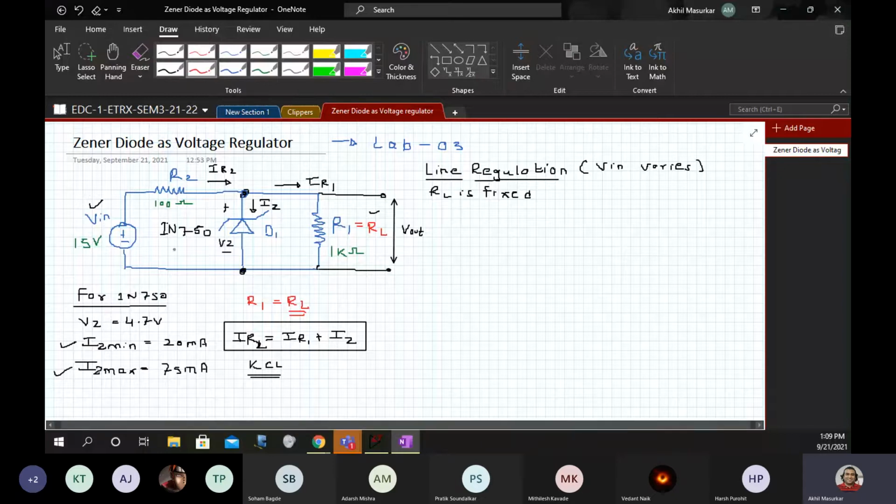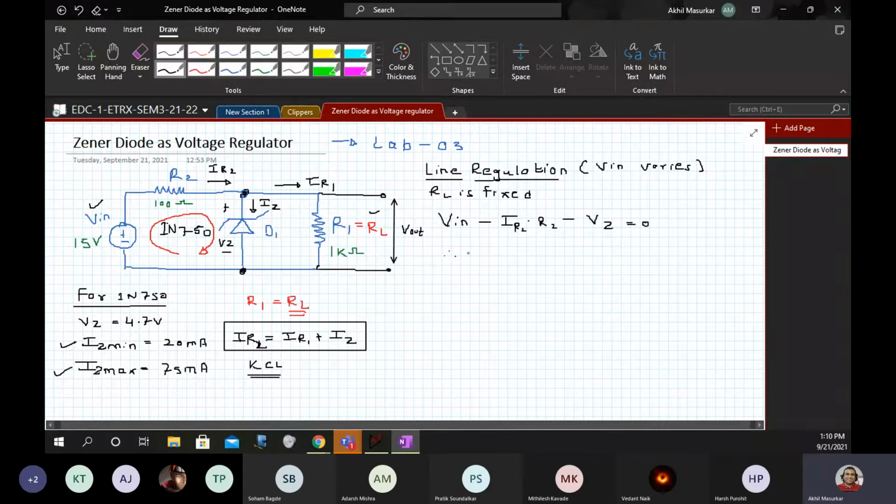If you apply KVL to this loop, V in minus IR2 into R2, voltage drop in the direction of current is negative, minus Vz equal to 0.